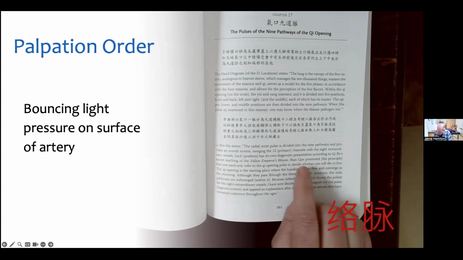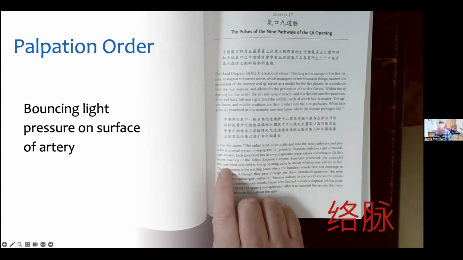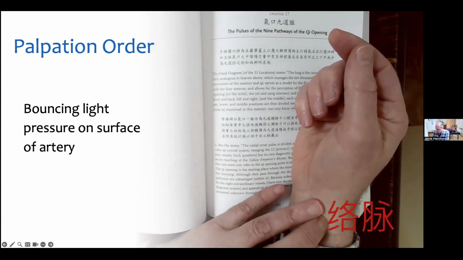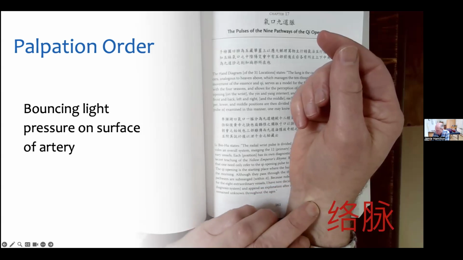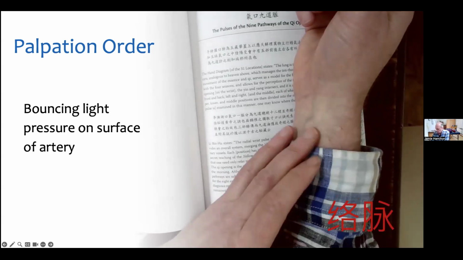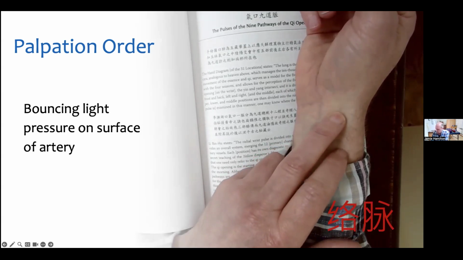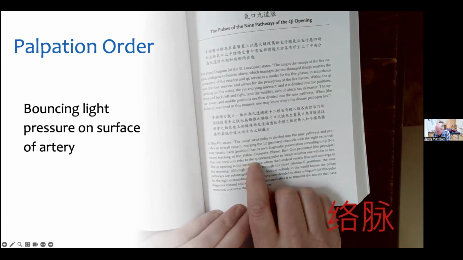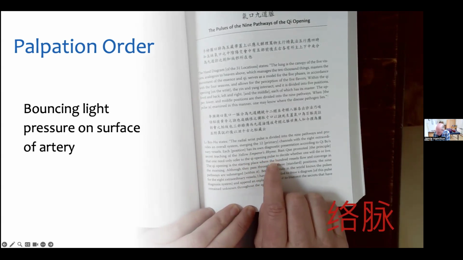So an old doctor, Bian Que, said that you only needed to refer to the qi opening pulse. That means the pulse, and this is a really nice word they use, qi core. It means qi mouth. So in other words, sometimes it's called the inch opening, but this is called the qi opening. So one need only refer to the qi opening pulse to decide whether one will die or live.